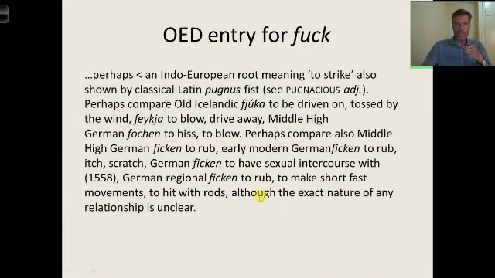Now, of course, there are some things you need to explain then. One would be, why a P in Latin? Why E instead of a U in German, right? So these are questions, and we'll try to address them in the next presentation.